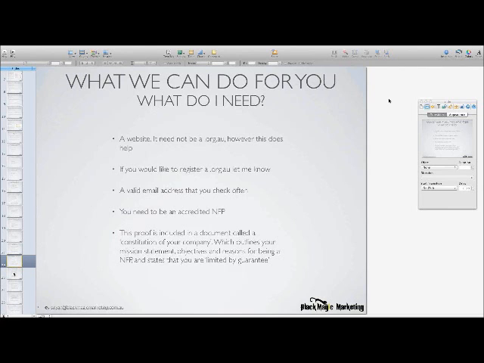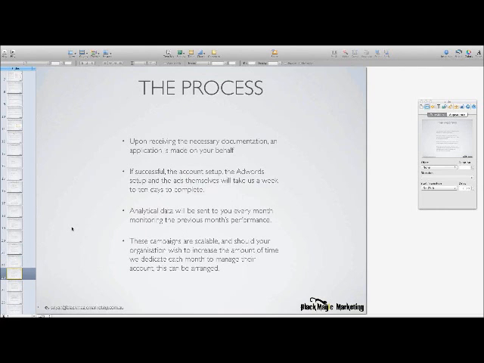So the process is, upon receiving your documentation, we make the application. And if you're successful, the account's set up, the AdWords set up, the research, the ads, it takes us about a week to 10 days to do. And then the ads are live, and everyone is being funneled to your site. Analytical data will be sent to you at the end of every month, monitoring the previous month's performance, a bit more in depth than what you saw on the FluSmart case study, but a similar sort of graph,